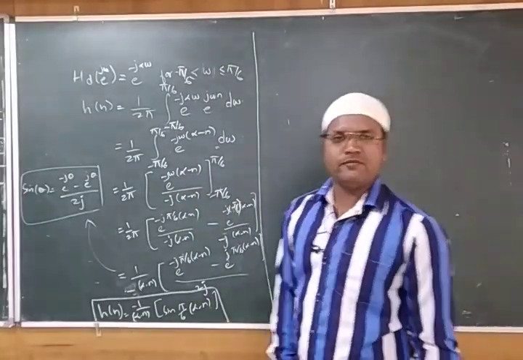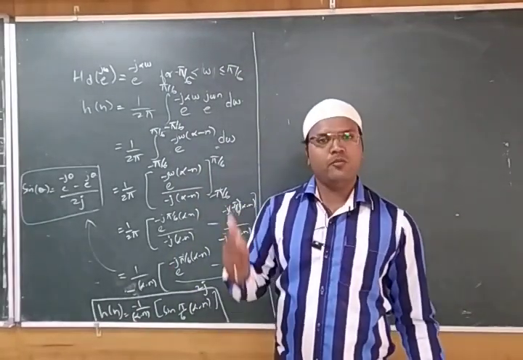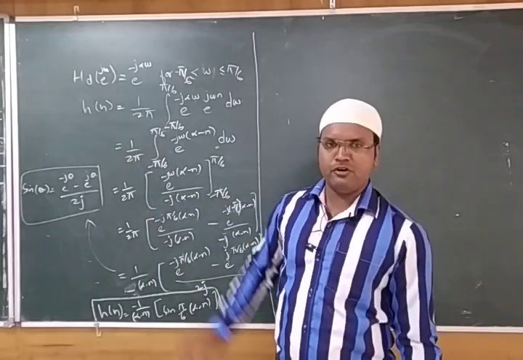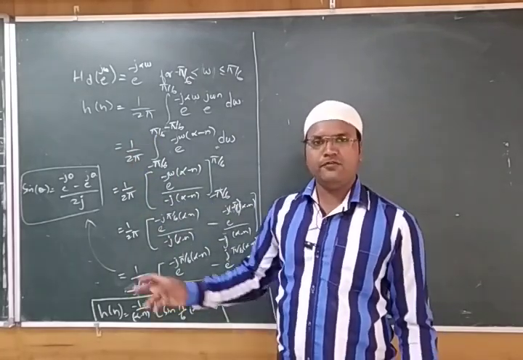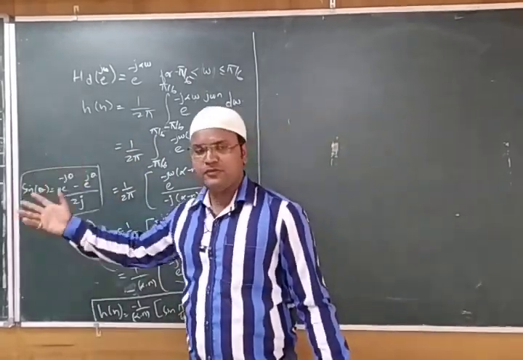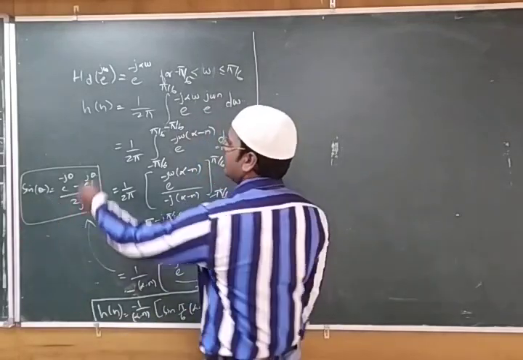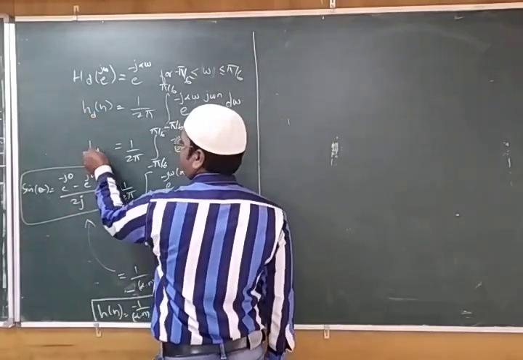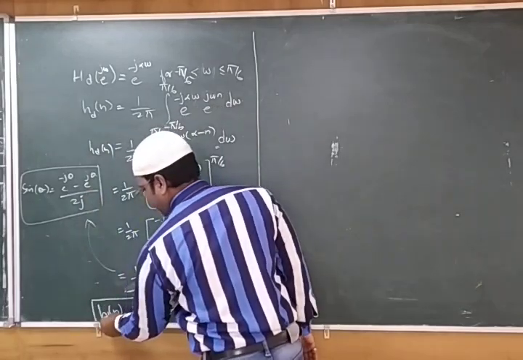So to solve these kinds of questions, what is required? We require h of n, omega of n, right. Omega of n coefficient we already obtained, h of n we already had. If you multiply both the values, we can get the actual function. What is our actual function? This is hd of n, right. So whatever the answer, we are writing it in hd of n.